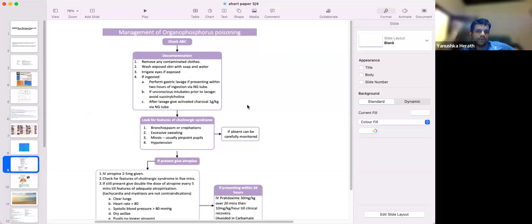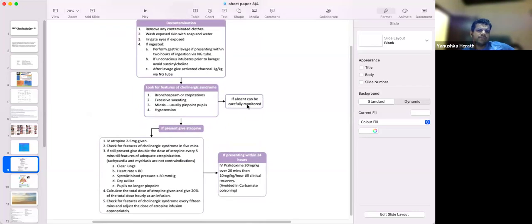Then you have to look for cholinergic syndrome, bronchospasm, sweating, miosis, and all these things. If these symptoms are there, the drug of choice will be IV atropine. How you give atropine: you start with 2 milligrams and double the dose of atropine every 5 minutes, until the endpoint, which will be clear lungs, heart rate more than 80, systolic blood pressure more than 80, dry axilla, as well as